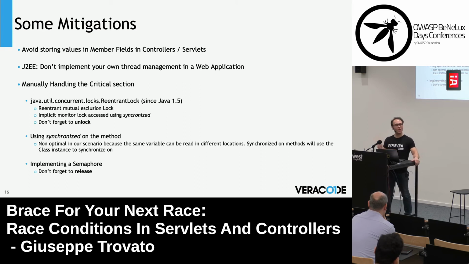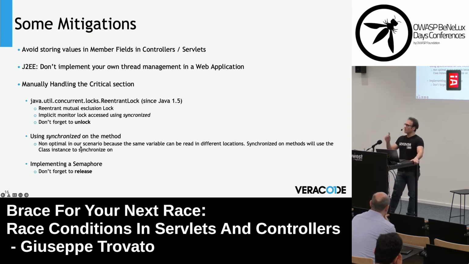But still, now you may end up in deadlock if you forget to unlock your lock variable or your reference variable. Then you can use synchronized. Synchronized can be applied at different levels in your class. The better in this case is to apply at method level. The issue with this one is that you will be losing your multi-threading behavior because in Java,